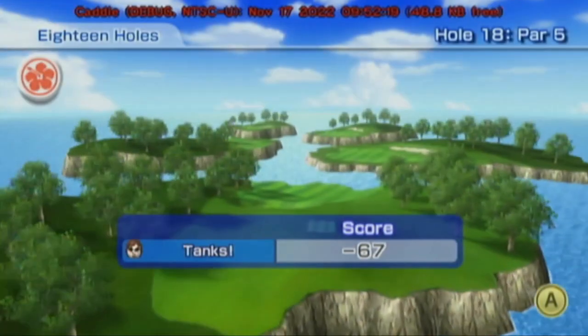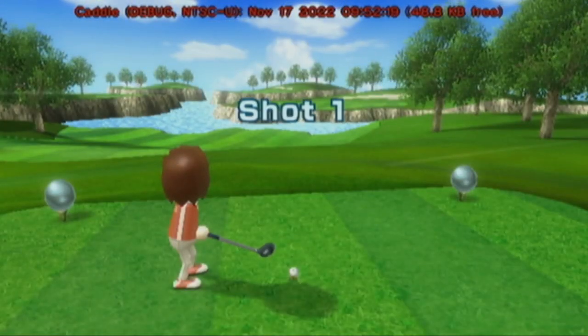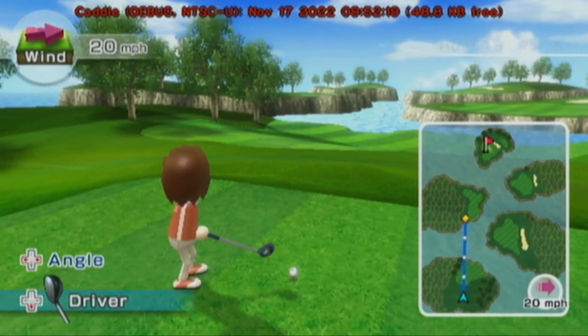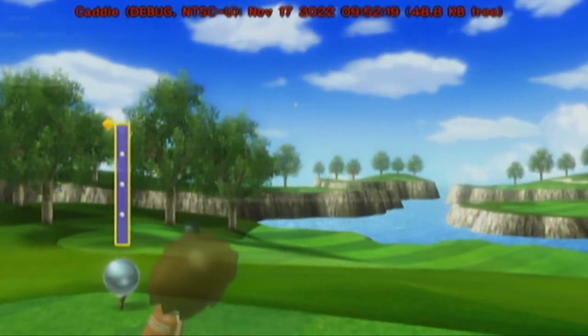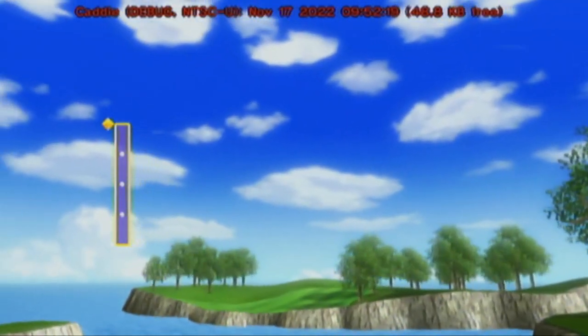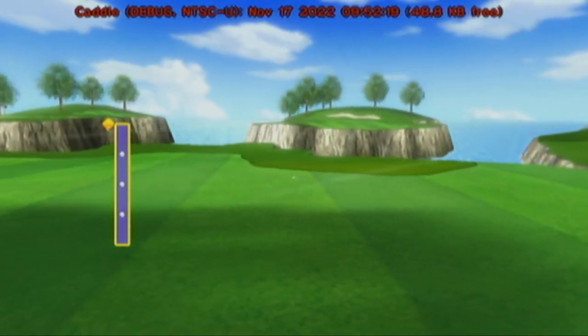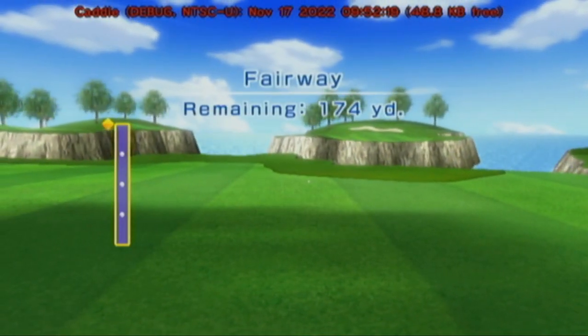I'm going to show why I don't recommend aiming. You need to aim very far to the left, probably around here. Nice shot. And here is when wind factoring comes into play. Wind factoring, the wind pushes the ball. If you don't bend,